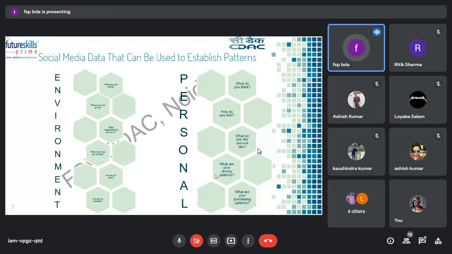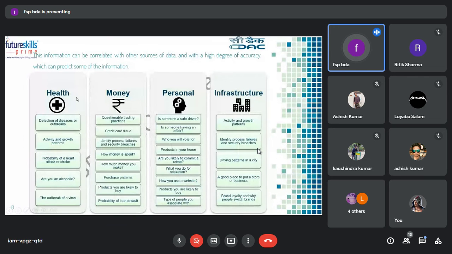So some personal things they also upload. Now, how can these data be used with other data to analyze something, to predict something out of it? Suppose in health. Suppose someone in Facebook is watching or liking some videos, maybe drink videos, where people are drinking, going to clubs and pubs. Along with some other data, it can be predicted whether the person is alcoholic or something like that, and many other things.